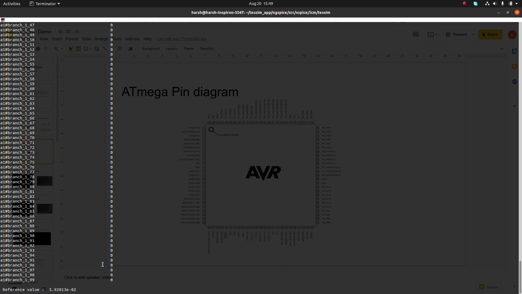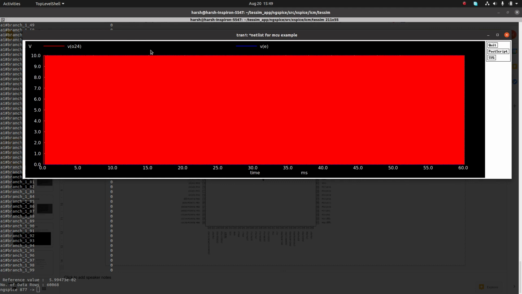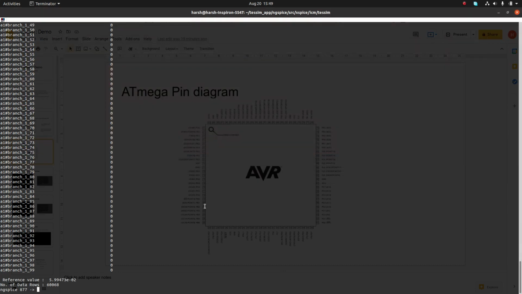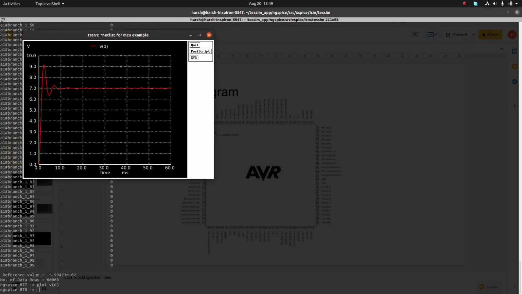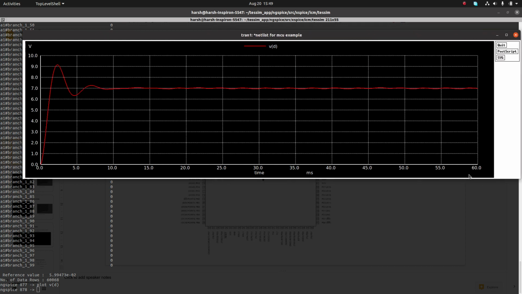Okay, we're almost done. So this is again the two PWM signals, VO24 and VE, which is the complement of that. Okay, so let me plot VD. You can see again we are saturating, so it's a similar plot. It's for a shorter time, so it has a peak and then settles at around 0.7 volts, which is expected. It's still an open loop system.